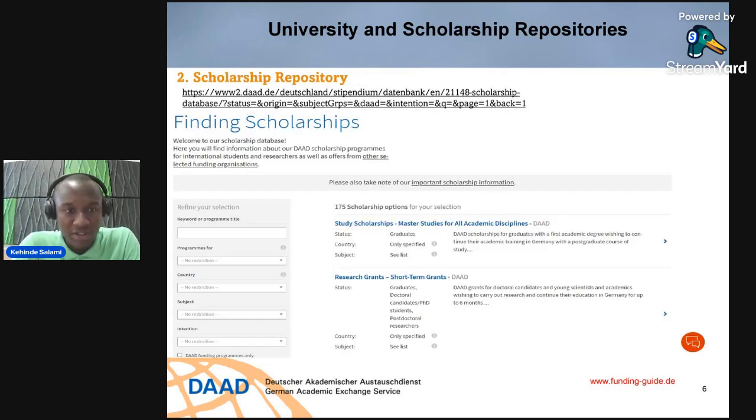And the second one is the scholarship repository. For this second repository, you have so many scholarships available, but it depends. As you can see here, there are over 175 scholarship options currently available, depending on what you want. So I used Nigeria as a search, and you can see that if I use Nigeria, then it changes.